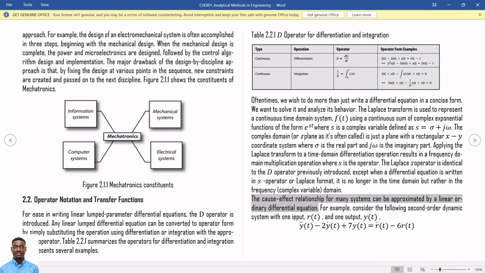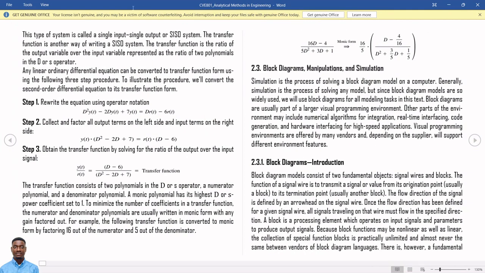Having y here differentiated twice with this double dot makes this equation a second order differential equation. And also we are told that the input in this equation is r, while the output is y. We can see from this equation we only have two variables, y and r. And we have been told that r is our input and y is our output. So that makes this physical system, having this mathematical model, a single input, single output system, which we refer to as a SISO system. The system having only one input and one output.